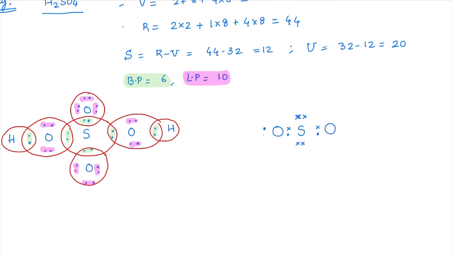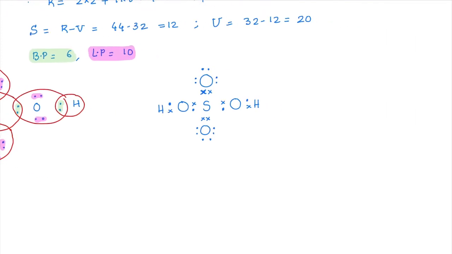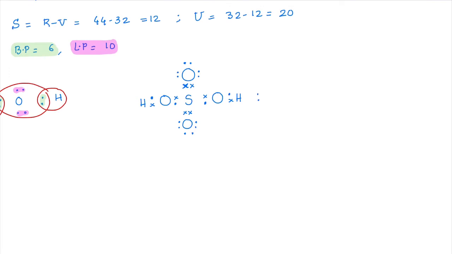And the same oxygen is sharing with one more hydrogen electron. Here also it is sharing with one more hydrogen electron, right, guys? That means if this octet has to be complete, this sulfur must be making a dative bond only, right? It can't make a simple covalent bond. It has to make a dative bond. So the other oxygens may not have to share the electrons. Now this is the way you can show the structure, correct? So if I write the bond line form for the same, it is HOSOH, which is this sulfur making a dative bond with the oxygen above and below, correct? I hope you guys understood that.